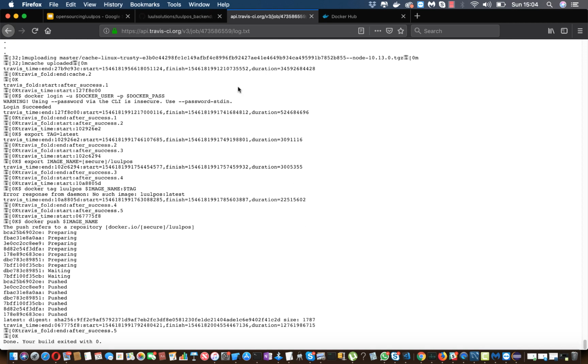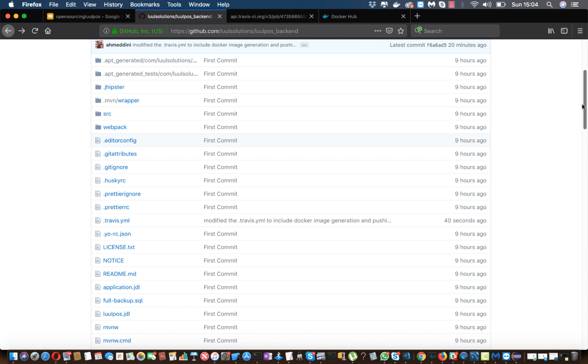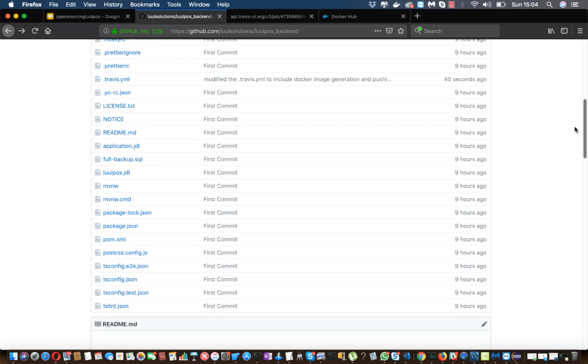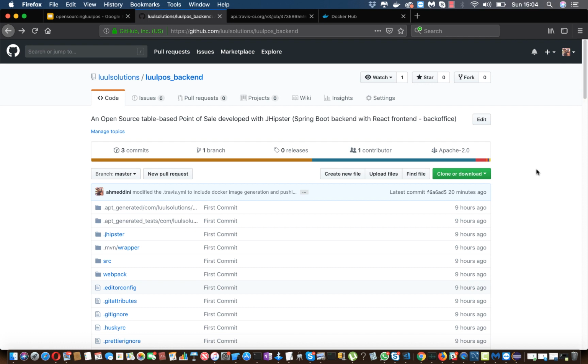Now we have an open source project which is configured for continuous integration, and in the future I'm going to add the client side as well. So I'm going to continue my tutorials on this. It's just started basically making it open source. There's a lot of stuff that I need to do next about the documentation,